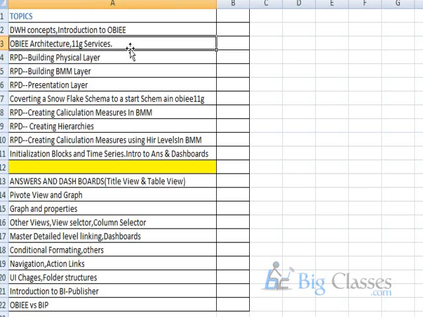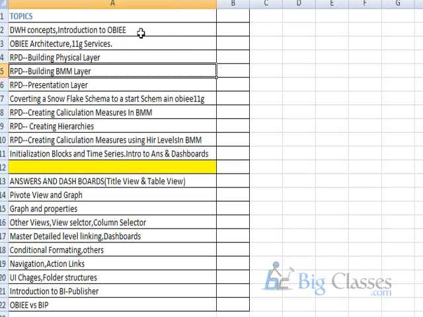And coming to myself, I am Srikanth Paspalete. I have 6+ years of IT experience. Coming to OBIEE, I have been into OBIEE for the past 4 years. Coming to OBIEE 11G, from the day one of its release, I have been into OBIEE 11G, where I worked on the world's first successful 11G implementation.